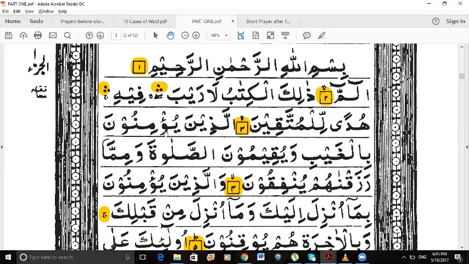الذين يؤمنون بالغيب ويقيمون ويقيمون الصلاة الصلاة ومما رزق رزق رزقناهم